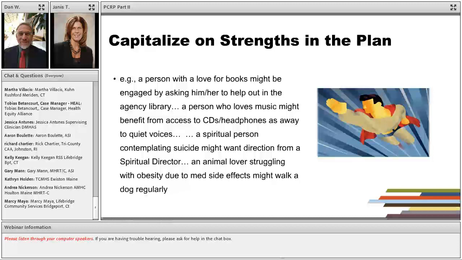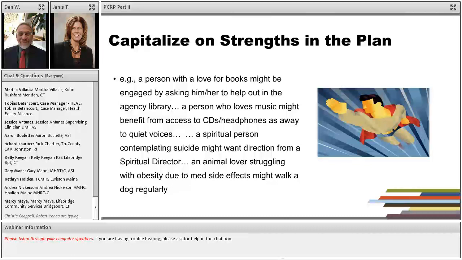The key point I would want to make on strengths is that practitioners overall are doing a really excellent job, increasingly, of identifying strengths within the context of their comprehensive assessments. However, having worked hard at it and invested the time in it, for me the biggest tragedy is that oftentimes all of that great information does not get actively incorporated into the recovery plan in a meaningful way. So I've just given you a couple of different examples of what that might look like.